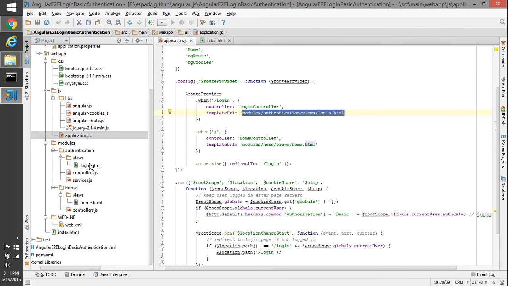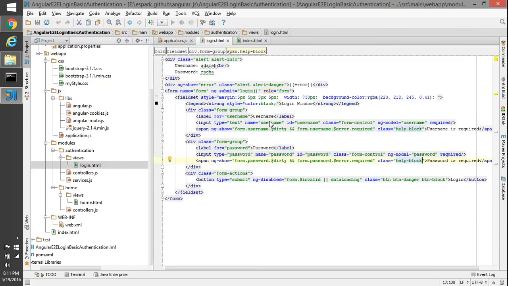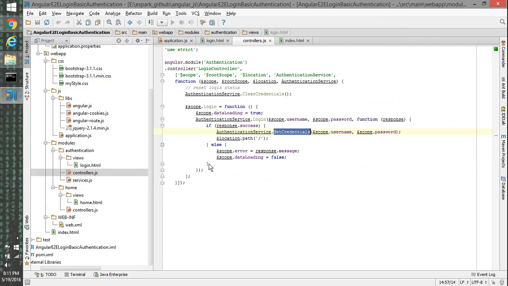So we have a login.html where we are specifying a username and password in the input boxes, doing some basic required validation, and then displaying a button for submit. The controller is a login controller which uses the authentication service and clears the credentials.